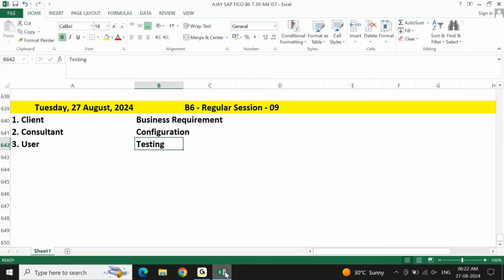If as a user you confirmed yes, it is working fine, and tomorrow as a user you are again claiming that no, this is not working fine, as a consultant I am going to tell you, no, you confirmed based on your testing, and based on your confirmation only, we moved everything to the production system. Now you cannot tell it is not working, this is not set up properly. Now it has to be taken in such a way that you have set up, but we have given an incorrect requirement.